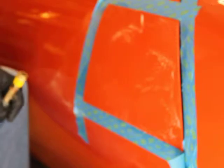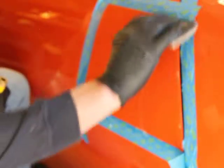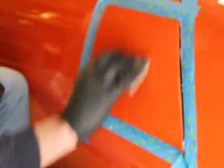Okay, so I don't want to go too far with 1500 because I don't want to cut through that clear coat. Now, although I know how much clear coat I put on there. I put 3 coats of Matrix MP42 on there. I really like that compared to some of the other clears I've sprayed. It's I guess a medium high solids clear, or